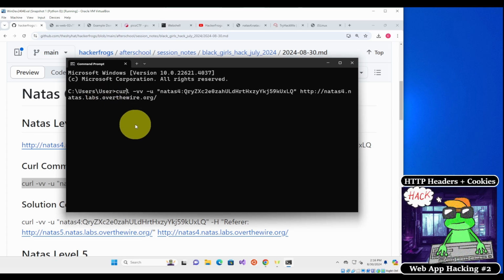This command is curl, and then we do -vv for very verbose output. That's going to give us more output than usual. And then because we need to supply the username and the password, we have to use this -u argument right here. Inside of this quote, we have our username and the password separated by a colon. And then lastly,